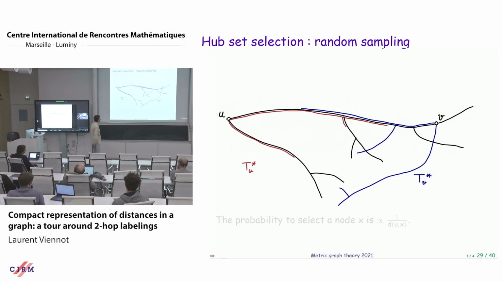By random sampling. So here I have put in red the skeleton tree of u, in blue the skeleton tree of v, and you sample nodes at random. Note that these two skeletons must overlap by 1/3. If u and v are at distance r, the overlap must be r/3. And so to each node w, I associate a random number between 0 and 1. And I will select as hub the node in the overlap with a minimum number.